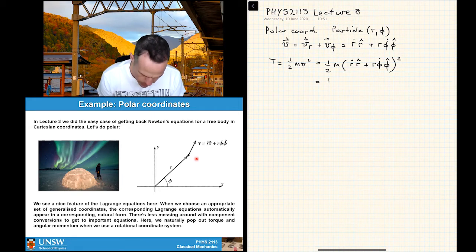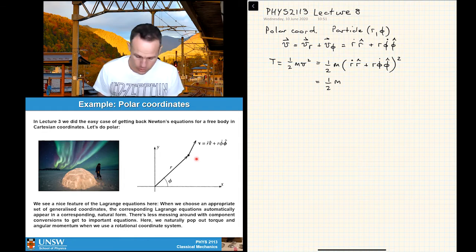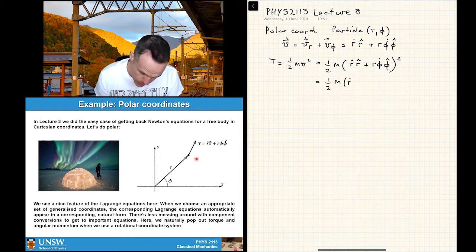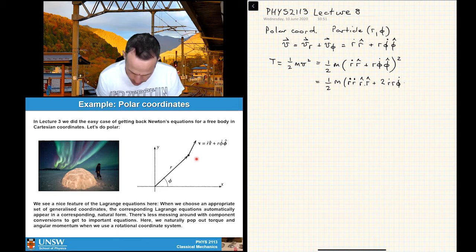To do this in full detail, this would be a half m, r dot squared r hat, plus there'll be two terms in here, r dot r phi dot r hat dot phi hat, plus an r squared phi dot squared phi hat,